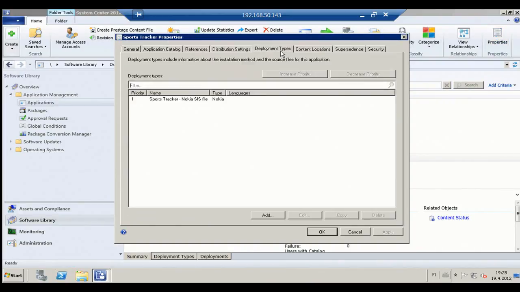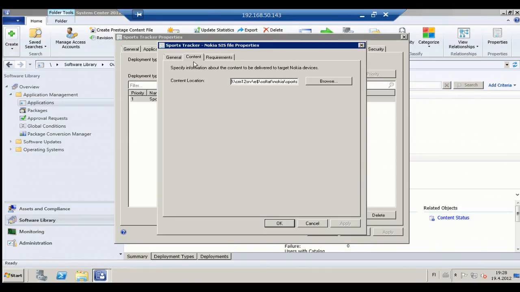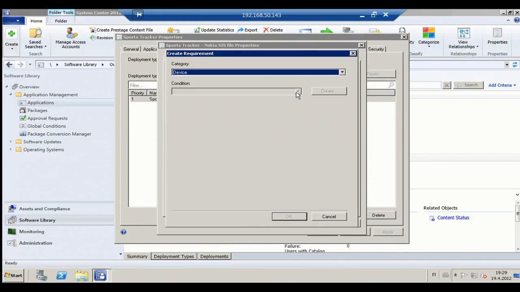So deployment types, I've got a Sports Tracker, Nokia .sis file, content. I need to get that correct .sis file somehow. For example, I download that .sis file with my device and I copy that file from the mobile device to my server share. And then what are my requirements? And if I want to add a new requirement,